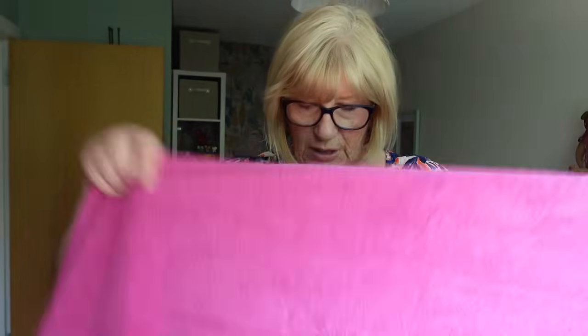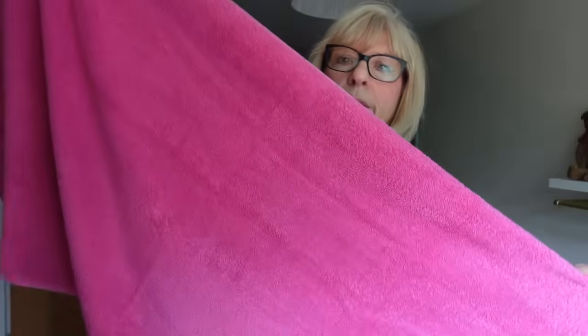And this sort of bath towel, not bath sheet, do you call this a bath towel? I don't know. I don't think I need that at all. I do not think I need that at all. So, right. So I'm going to get rid of 2 big bath sheets. 1, 2, 3, 4. I mean, I suppose I could get rid of more. Anyway, I've got rid of 2 big bath sheets. I'm going to get rid of